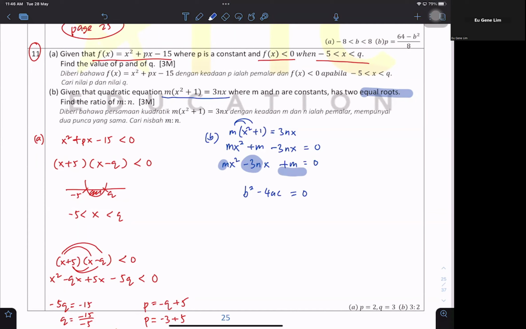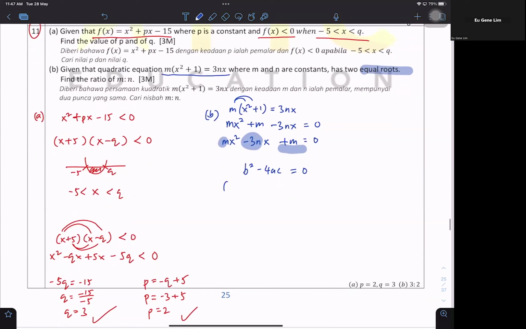Understand? So you have the ABC. Very good, because you have the general form. You changed it into general form already. You have the ABC, so now you can do the formula. B squared minus 4AC equals 0. Understand? Now, when you substitute the ABC in the formula,